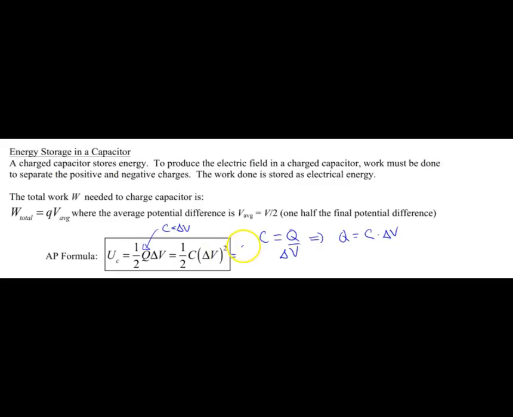It's, I believe, Q squared divided by 2 times the capacitance. That would be achieved if you replace the voltage with charge divided by capacitance. If you replace the voltage with Q over C, you're going to get a Q squared, and then you'll get the capacitance on the bottom. So there are a variety of forms that you could write the energy formula in. These are the two the way it's shown on the AP formula sheet. And I think this is already a rather long video. Let's get some